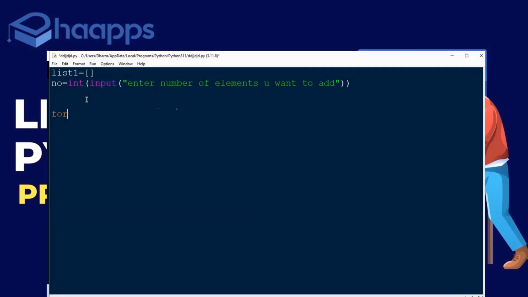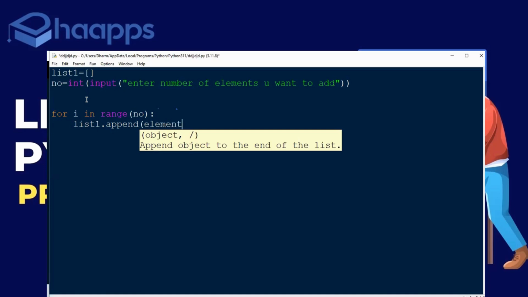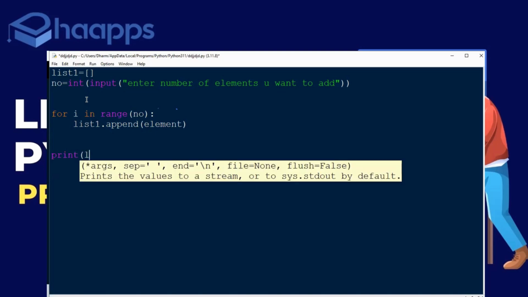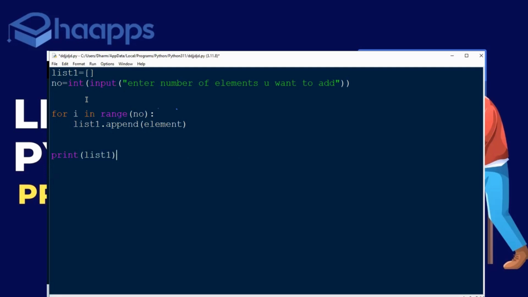Now you take a for loop: for i in range of the number of elements. You have to add an element into this. So in this list1, you need to append an element. And finally you have to print that list1. This element you have to take from the user: element is equal to input of